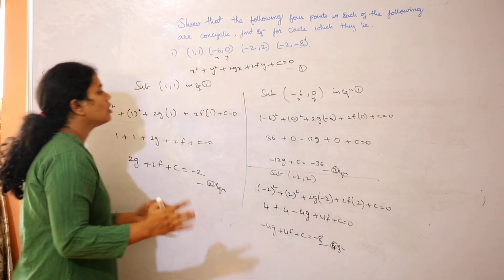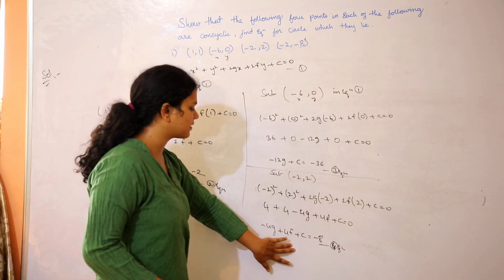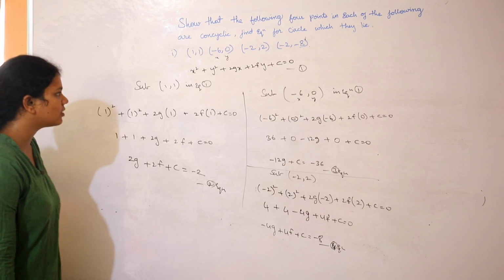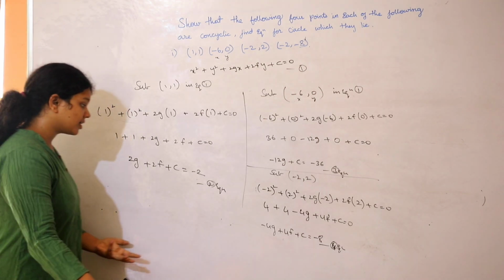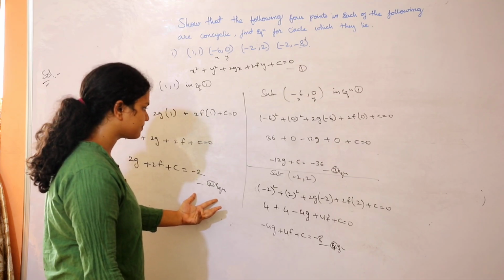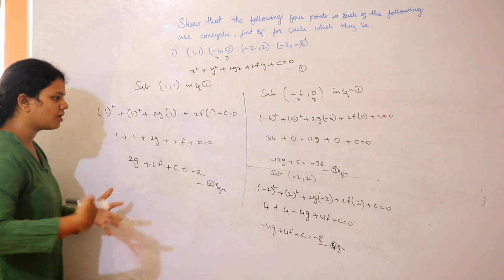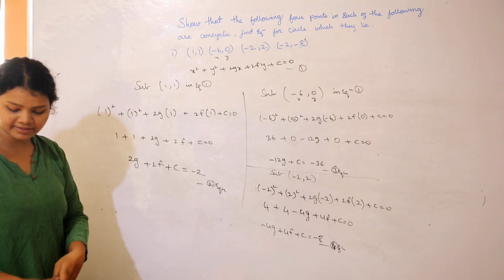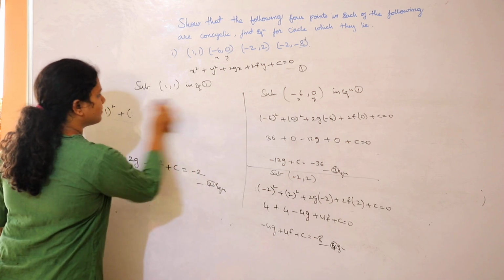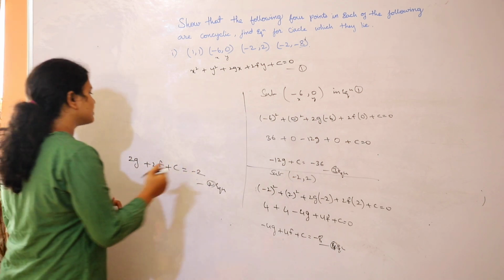Clear? Are you getting it? So before going to this, we got second equation, third equation and fourth equation. Now what should we find out? We should find the general equation of the circle. So to find the general equation of the circle, we should solve equations 2, 3 and 4. So the process goes like this. First of all, let me write down over here. We will be solving it and finding the g value, f value and c value.